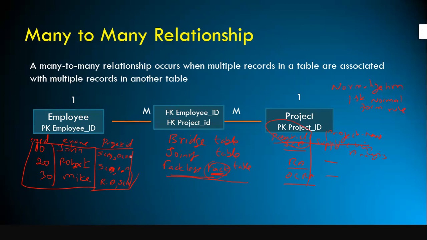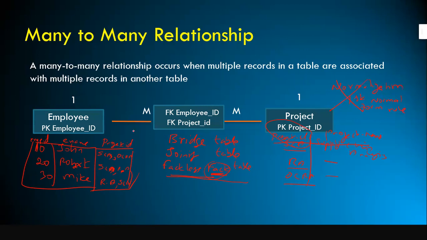Atomic value means you should have only a single value. You can have a space, like John Mariam Joseph, but you cannot have John, comma, Joseph, comma, something like that. You cannot have more than one value. This is against the normalization rule.